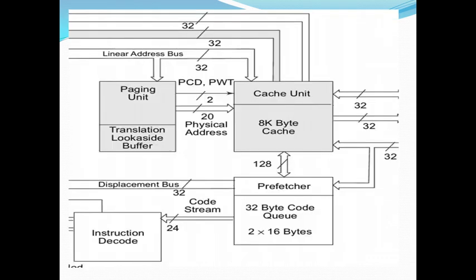Next, cache unit and paging unit, instruction decoder. So here let us see about the cache unit. This is 8 KB in size. Moreover, additional high-speed cache memory provides a way of improving overall system performance. Also, it contains recently used instructions or data or both. The main aim is that the microprocessor accesses code and data in cache most of the time. It means the data or code which are frequently used are stored in the cache unit instead of in main memory.